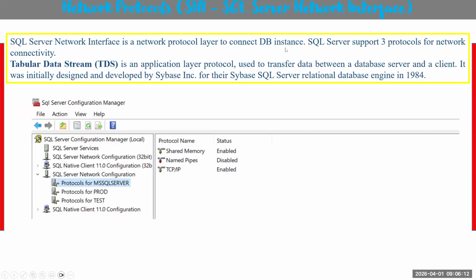If you want to connect to the DB engine, at least one protocol needs to be enabled. It can be shared memory, named pipes, or the TCP/IP protocol. If you disable all the protocols, you can't connect to the SQL.